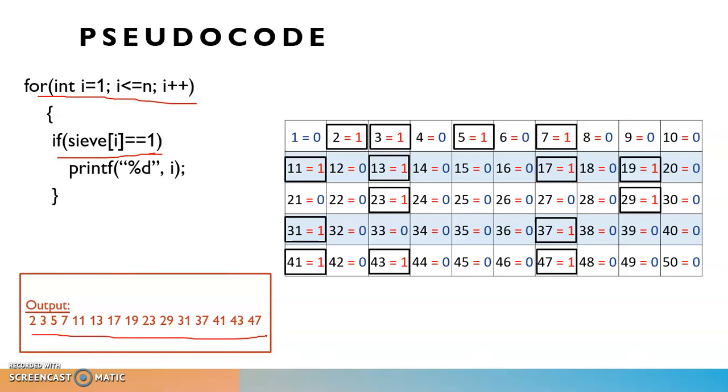Got it, everyone? So this is about finding the prime numbers. Here I am printing the prime numbers, but if you want to just count the prime numbers, you can do that instead of printing them. That is also possible with the help of the same code. Here, instead of printing, just count the numbers which are assigned as 1 and print the final value. So this is how we can write pseudo code, an algorithm to find and count the prime numbers from a series of given numbers.